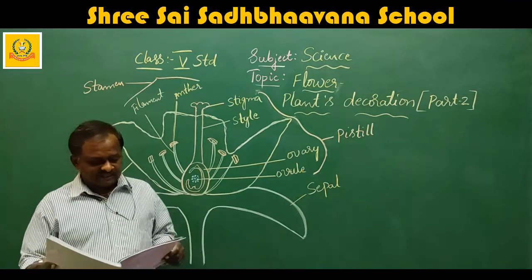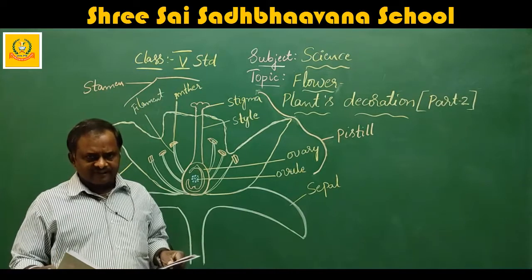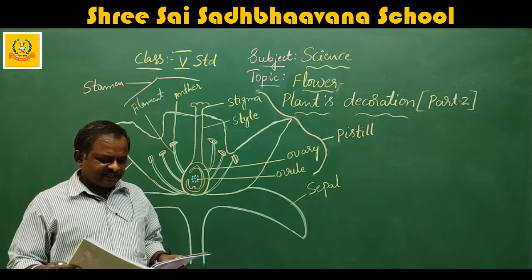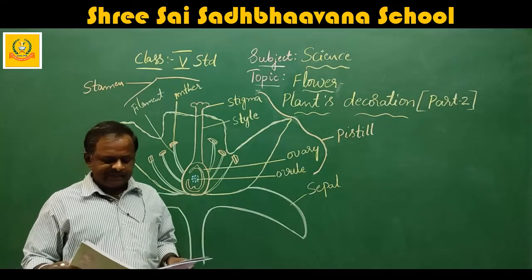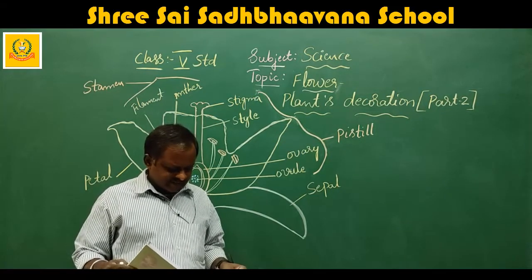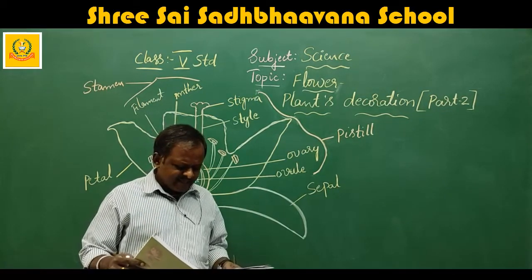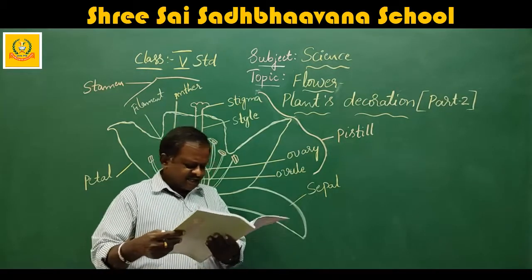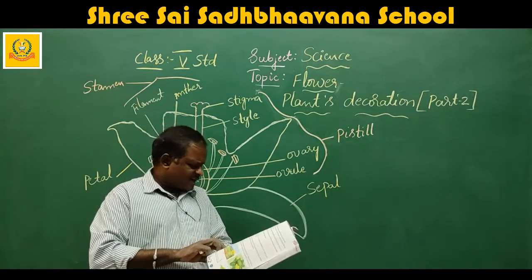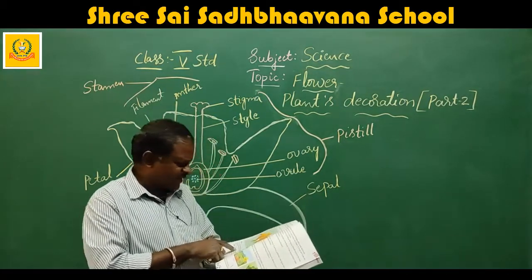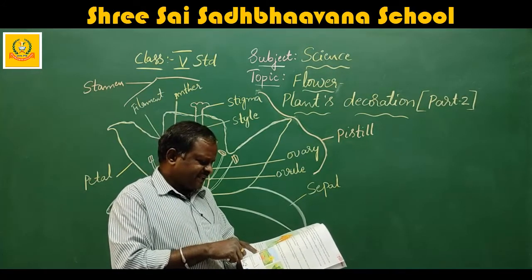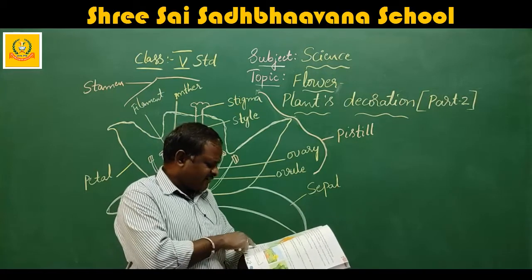Structure of a flower. The parts of any flower are separated into male and female parts and other parts. Male parts, stamen. This is the male part of a flower. It is made up of filament and anther. It is the pollen producing part of the flower. The number of stamens is usually the same as the number of petals.